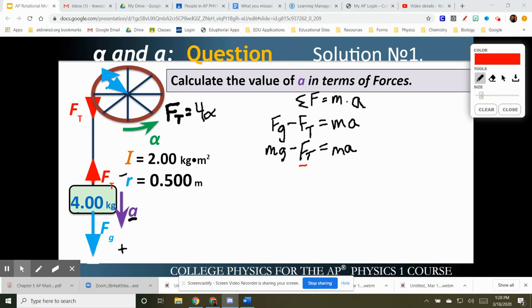Yes, Jayla, very good. So the force of tension is what's connecting the system. It's connecting the pulley to the mass. So the force of tension is directly influencing the linear or translational acceleration of the block. So it's important to know the force of tension because that's connecting the block and the wheel. So solving for force of tension,